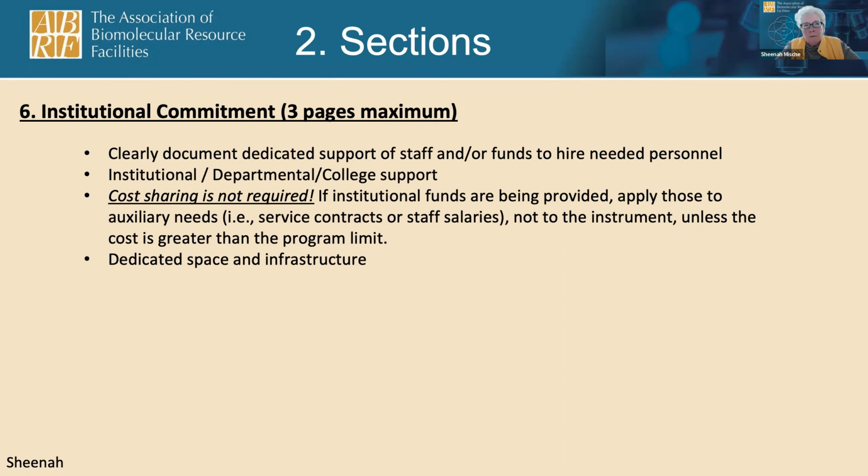And you should also be able to show that your institution is willing to dedicate and renovate space for the proposed instrument or equipment. Staffing support, service contract, letters from senior administration officials definitely are good, excellent to show support and perpetuity for the instrument. Because again, NIH does not want to give money and then find out that it's not being used.